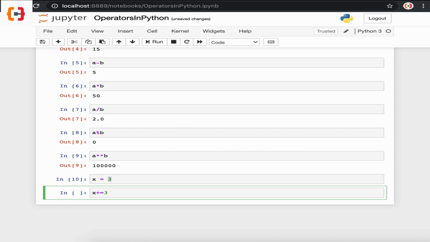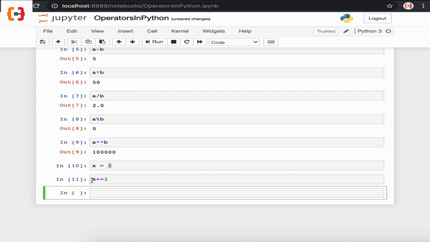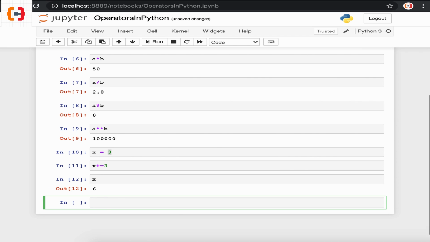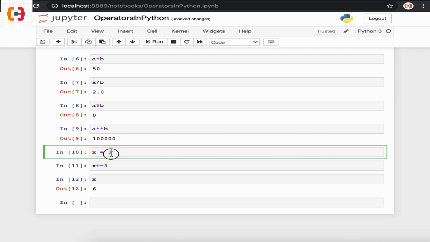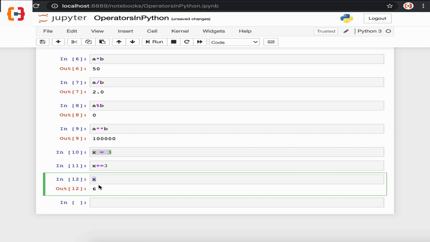If we put x plus equals 3 and execute this command, it assigns x equals x plus 3, and if I print the variable x, the result is 6. Initially the value of x was 3. Once we write x plus equals 3, it executes as x equals x plus 3. So the value of x is now 6, and when we printed the variable x, it printed 6.